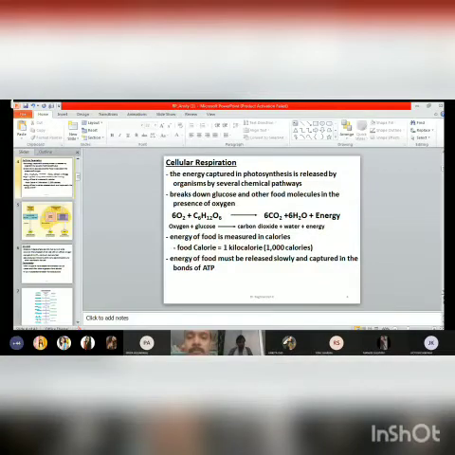Then going to energy harvesting, we have three important biological or metabolic pathways employing which we extract the energy from glucose. I say glucose mainly because